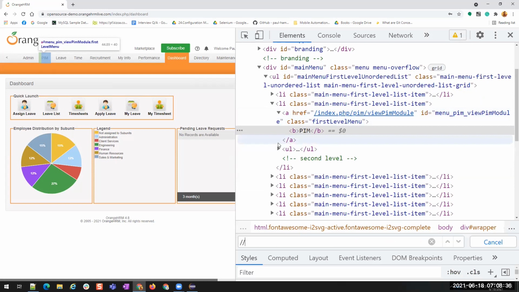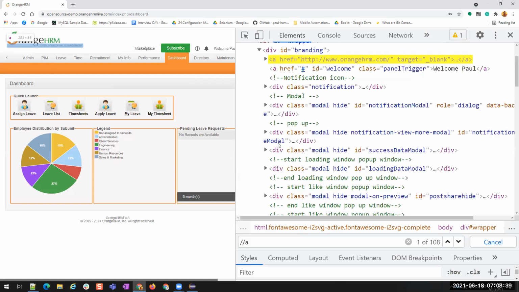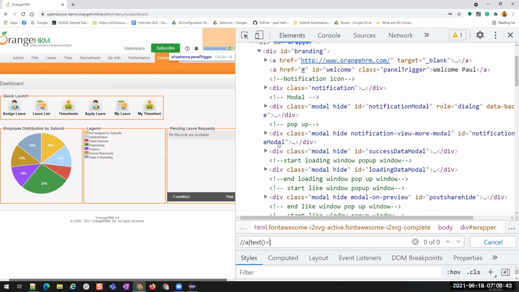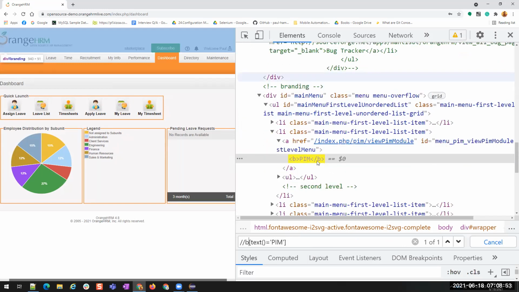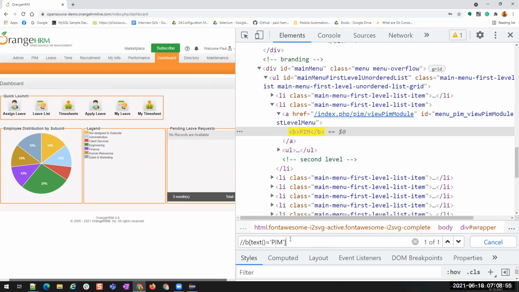So double slash. If I write directly like this, text is equals to PIM, is it finding it? No, because it is inside the B tag. This one we tried yesterday with our own forgot your password link, right? So this is A tag and this is B tag.